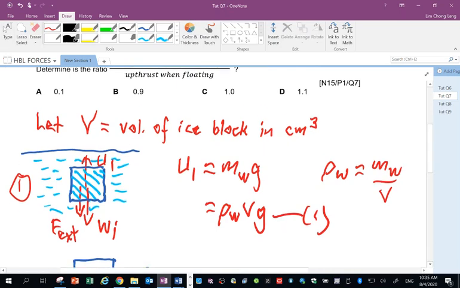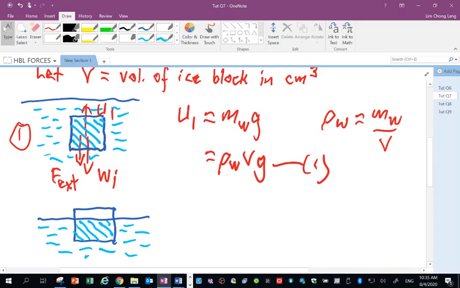Right. We move on to the second situation. In the second situation, the ice floats on water. So let me write the forces acting on the ice block. We have upthrust U2 and the weight of ice, right? This time there's no external agent holding it. So it's just the upward force equal to the downward force. So I write the second equation, U2 equals the weight of ice, which is actually